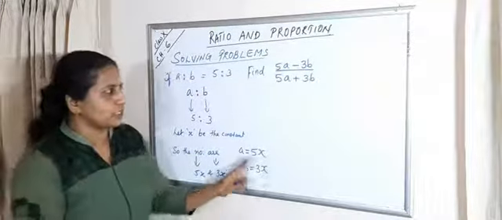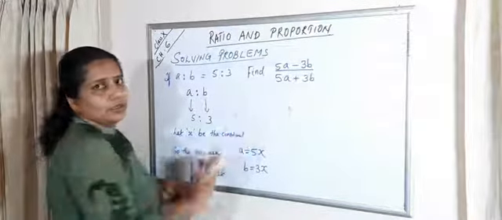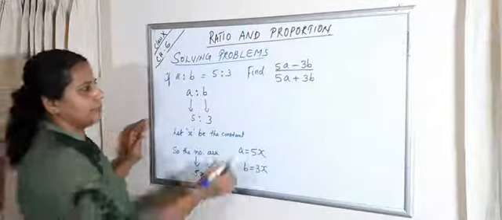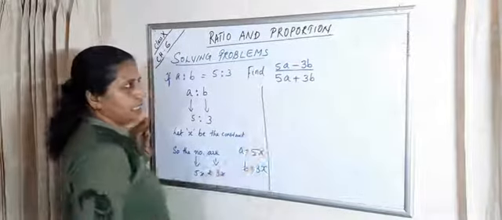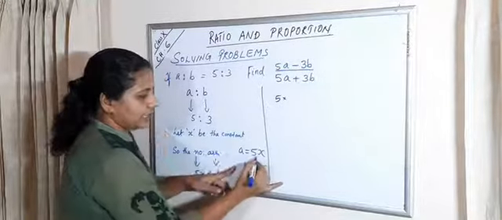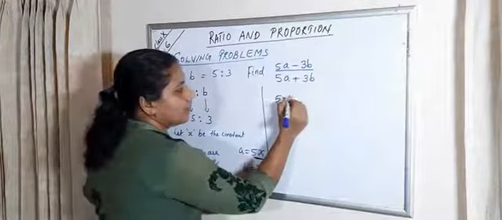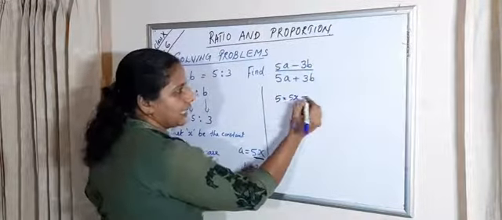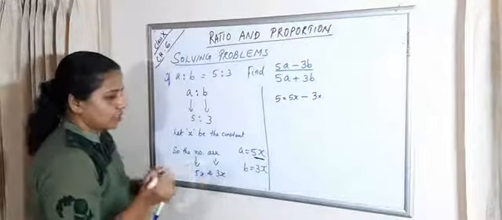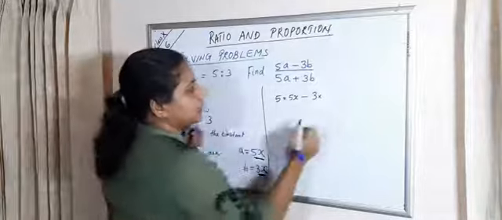Now substitute these values in the given expression. That is 5a minus 3b. What is a? A is 5x. So I am substituting a as 5x, minus 3 into, what is b? B is 3x. So writing here 3x,